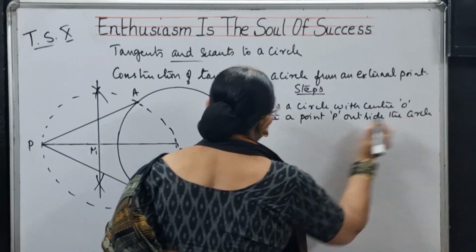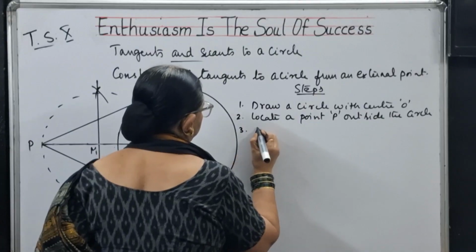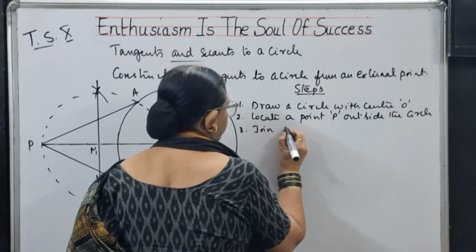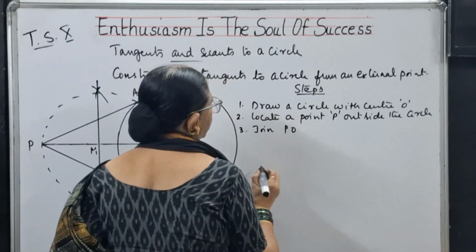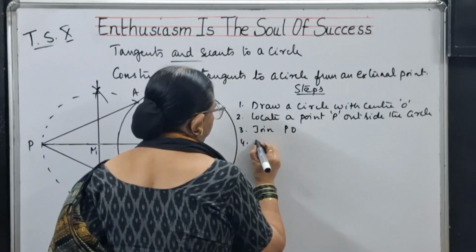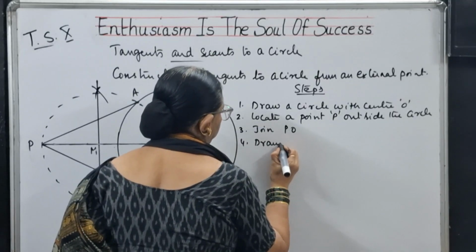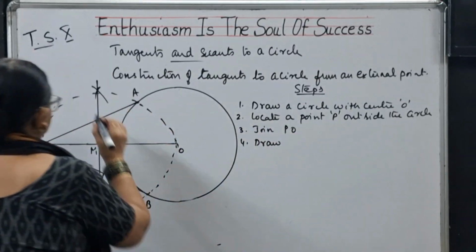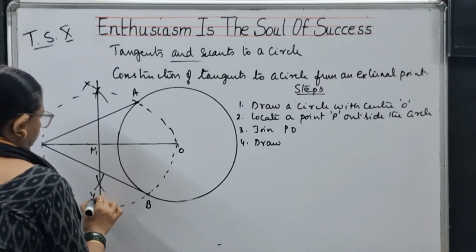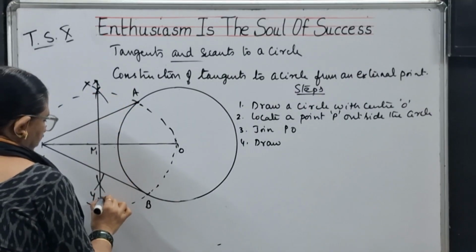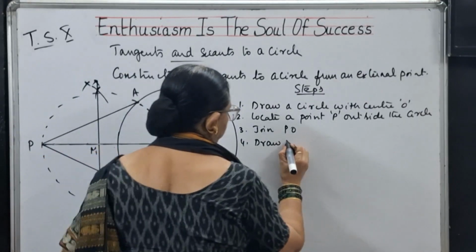Outside the circle, you have to locate. You have located a point. Then you have joined PO. After joining PO, draw, let me call these X and Y, draw XY,